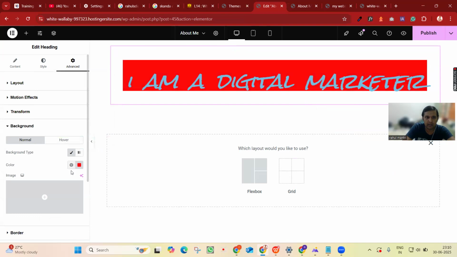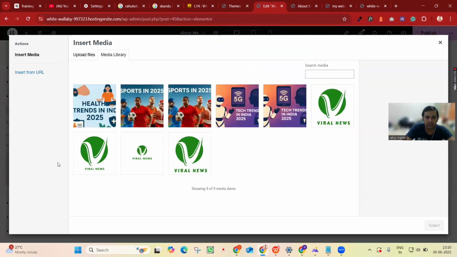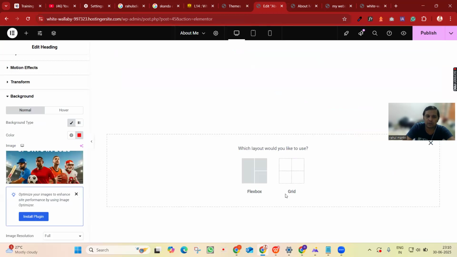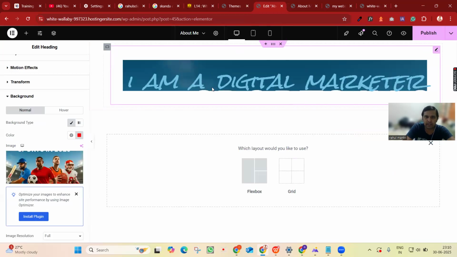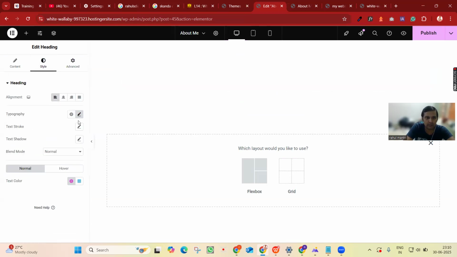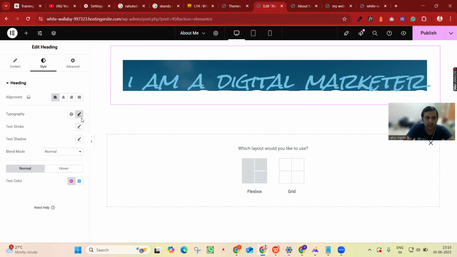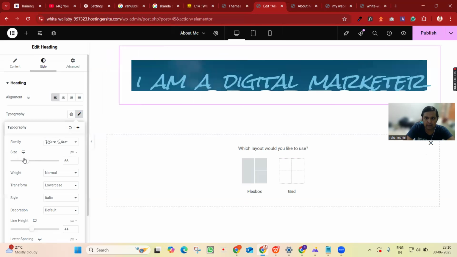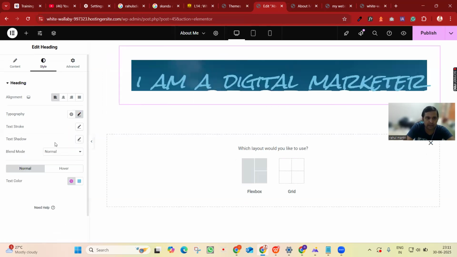Okay, if you want to add an image to the background, I can just add the image. Totally depends how you want to do this. Okay, it's totally in the background. What you do, just stretch the image, then only you can see it. Style, you can change the typography, the size. Okay, in the background, no background image, what we have to do,